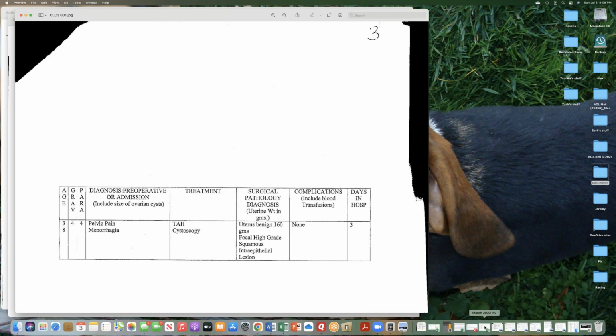So to Jonathan's point, the focal high-grade squamous intraepithelial lesion, first of all, that's a cytologic diagnosis, technically. But more than that, if you've got a patient that's got cervical pathology on your specimen, this is going to be a case where I would argue that you need to list the pap smear. Because,